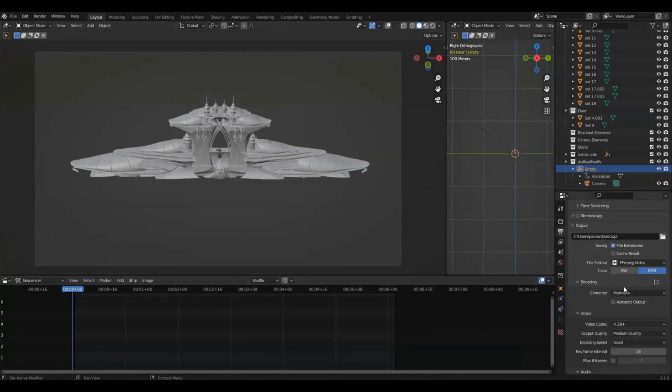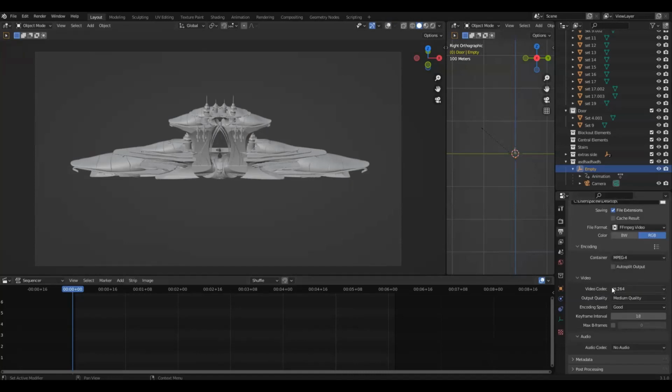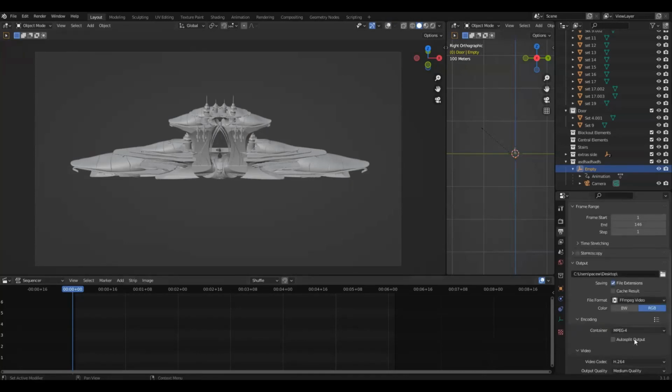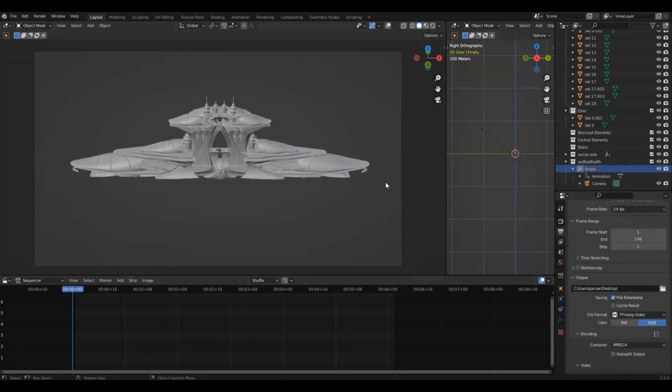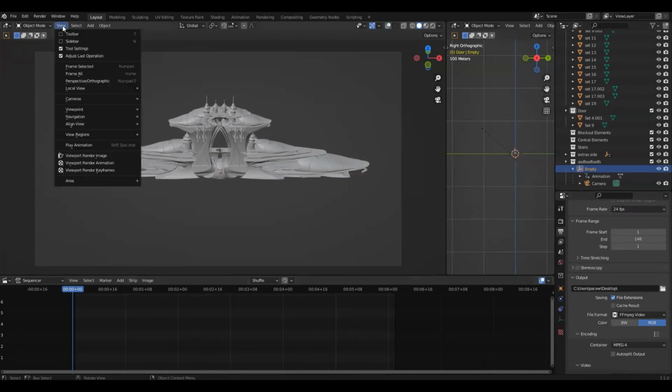And next, under encoding, let's reset that to MPEG-4. You can obviously try other export options, but this is just a quick MP4 video that we're going to export. Video codec H.264, all this should be all good by default, so we're not going to mess with it anymore. And all I'm going to do is make sure overlays are hidden, and then I'll go over to View and